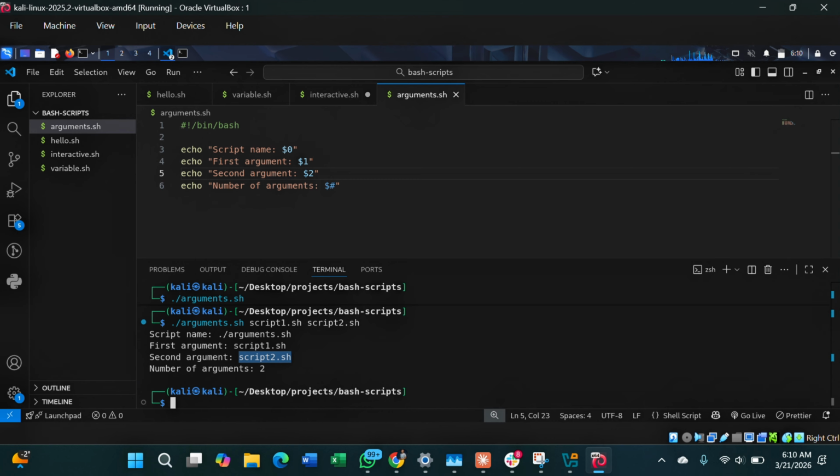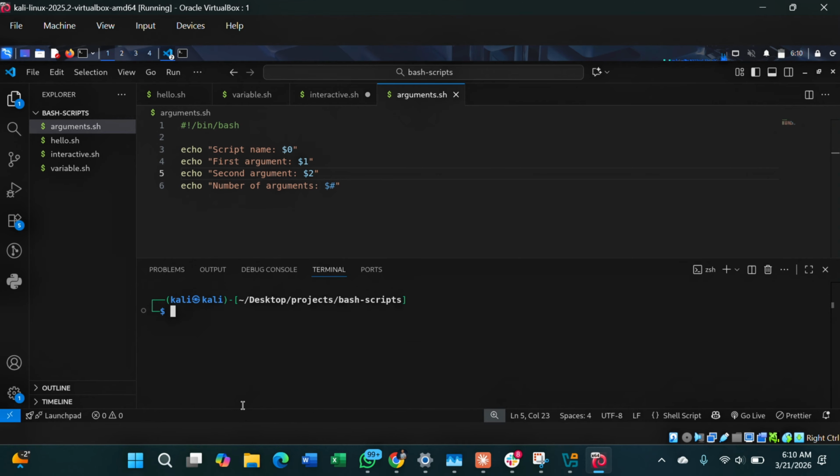And what this does is that it makes our script super flexible, which means that we can pass different data each time we run the script. Let's now do something useful for security work. Let's get more practical. So we can clear the screen here and maybe create a file and name that